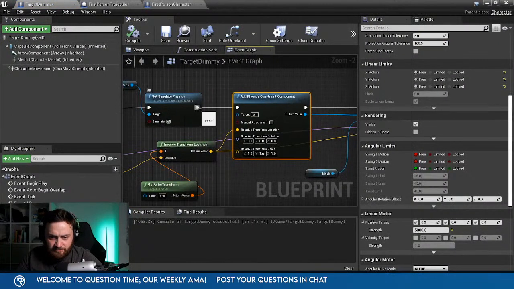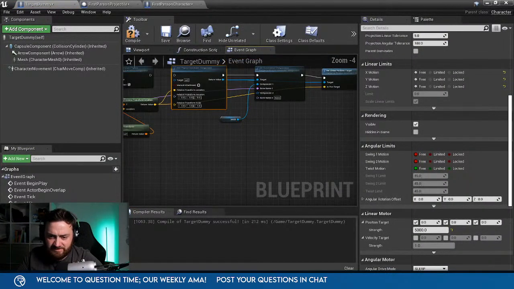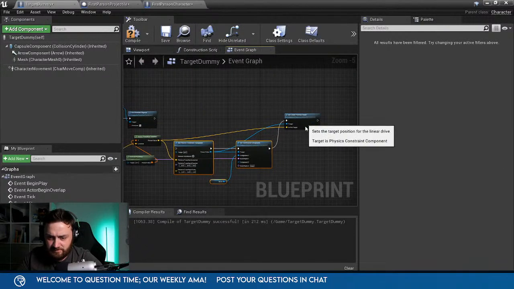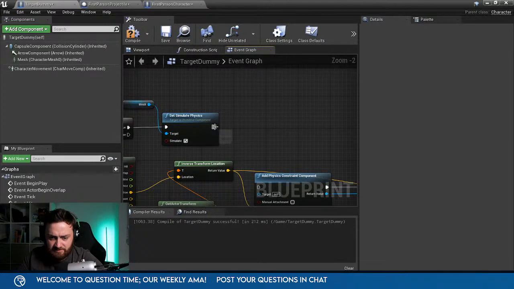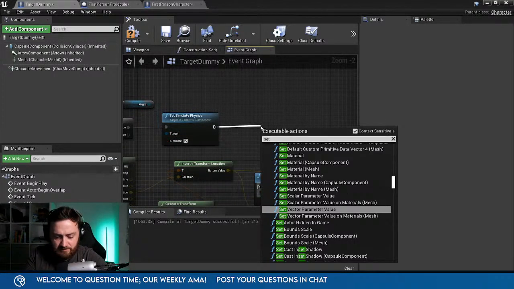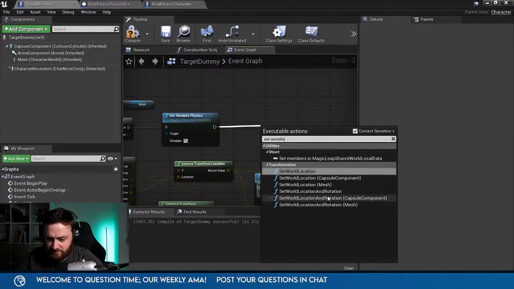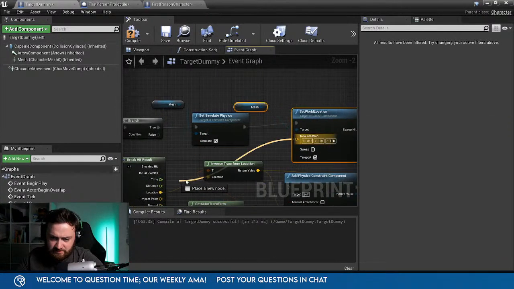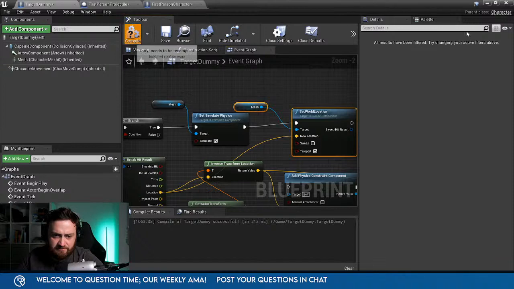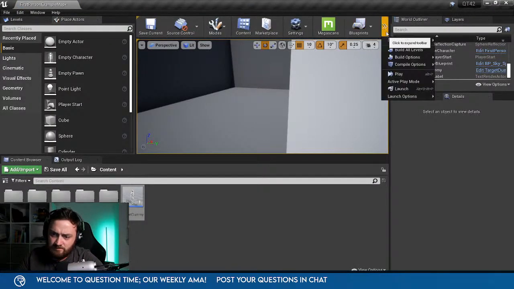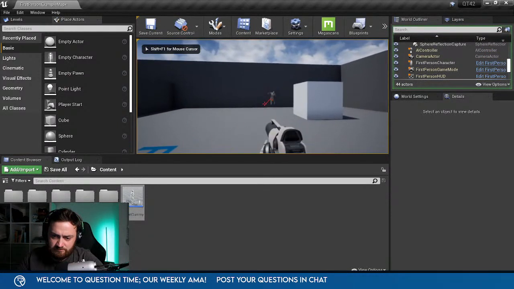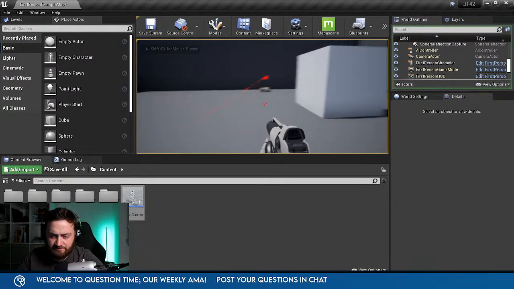Right, I'm going to try to do it without a physics constraint and just see if I can set its location. First of all, teleport it to that location. So set world location mesh, teleport it, and location there. I don't think it'll constrain it to the wall though. It just drops it to the wall like that.